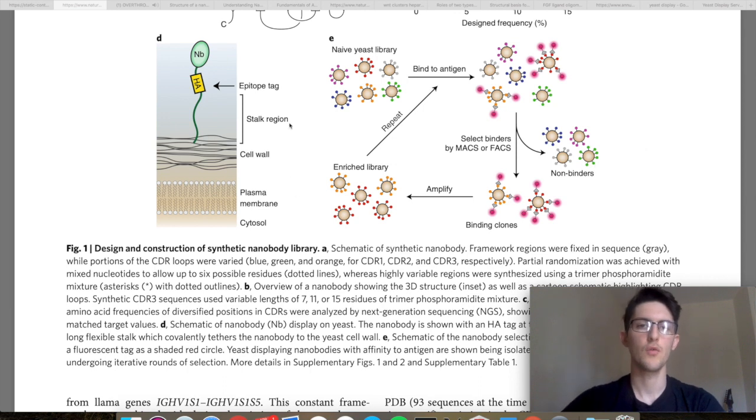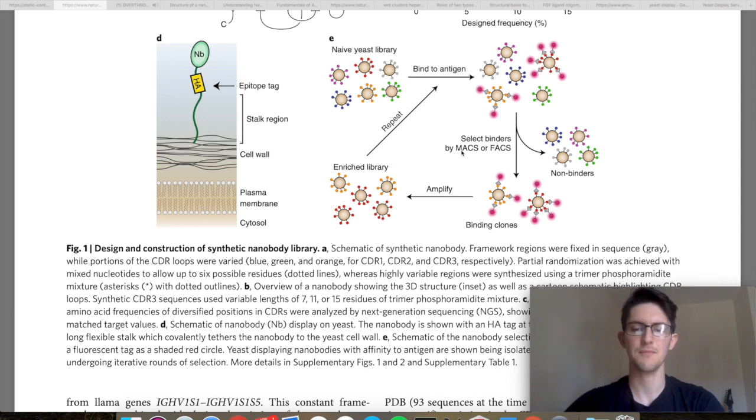And so finally in figure 1E they have a schematic for their experimental workflow. So we start off with a library of yeast, each cell expressing a different nanobody fused to the cell surface with this long linker. They add in their antigen, so the target protein for the nanobody, with some sort of tag on it. And so they will then use something to separate away the tagged yeast from the untagged yeast. So the non-binders separated via, for instance, fluorescence activated cell sorting, and they get different populations where they have the fluorescent cells. They can also use magnet activated cell sorting, which could be a little bit faster but less selective,